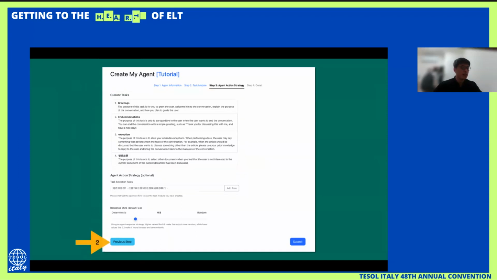And from down here, if you are not satisfied with this design, of course, you can go back to the previous step to make the modification. But if you are good enough to go, then you can come to the text selection rules.